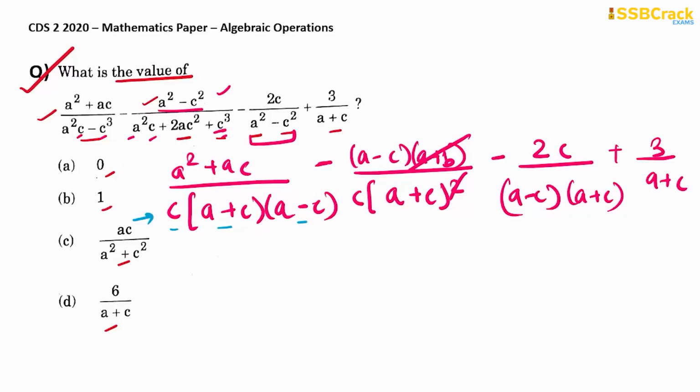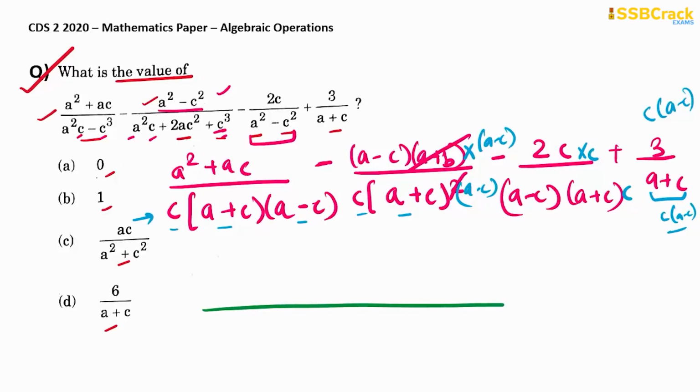So here we can find 2 factors. So here we have to multiply a minus c upon a minus c. Similarly, here we have to multiply c into c, and here we have to multiply c into a minus c upon c into a minus c. Okay. So now we can write them after combining. So in the numerator firstly we will get c into a plus c into a minus c, and